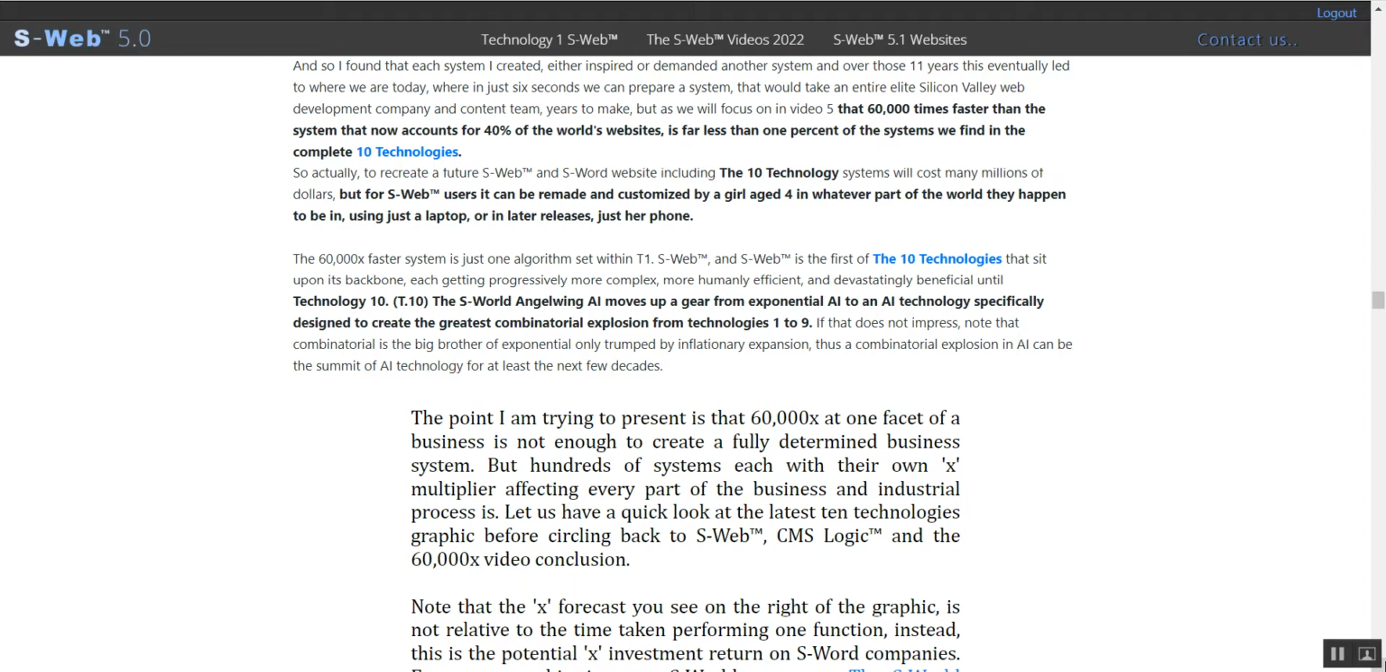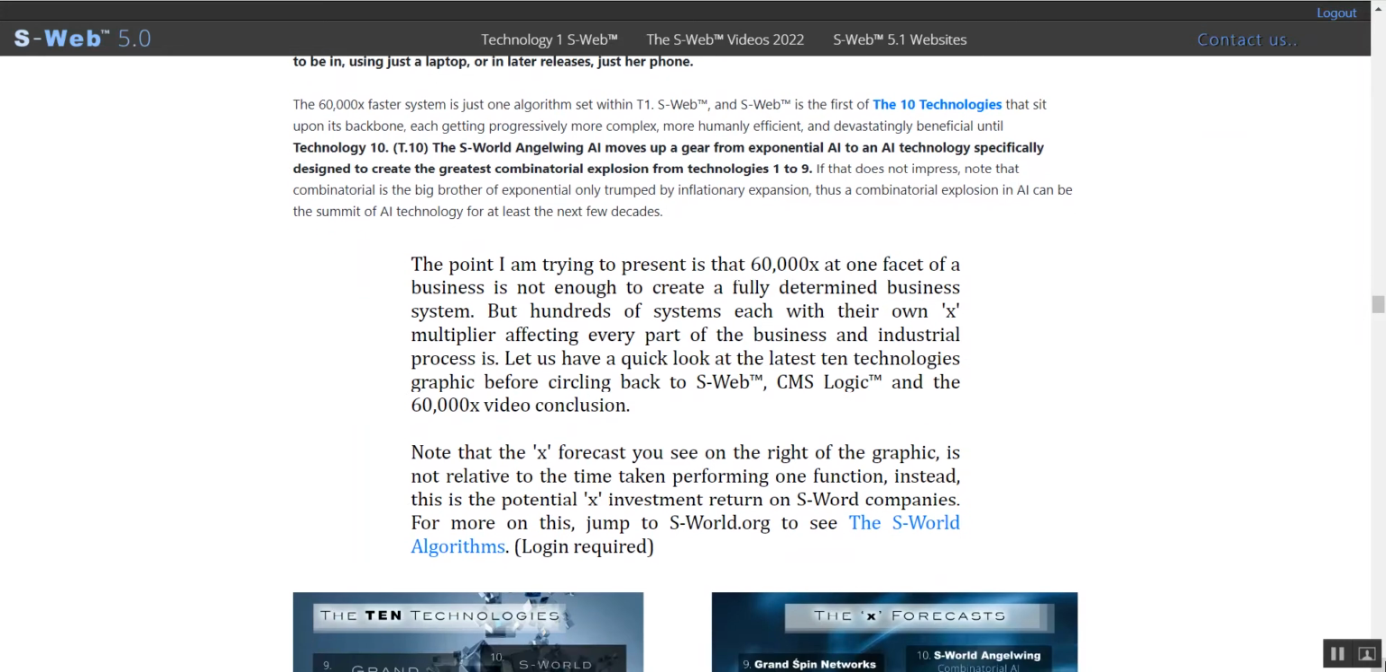But for SWeb users, it can be remade and customized by a girl age 4 in whatever part of the world they happen to be in, just using a laptop, or later releases, just her phone. The 60,000x faster system is just one algorithm within T1 SWeb, and SWeb is the first of the 10 technologies that sit upon its backbone, each getting progressively more complex, more humanly efficient, and devastatingly beneficial until technology 10, T10,